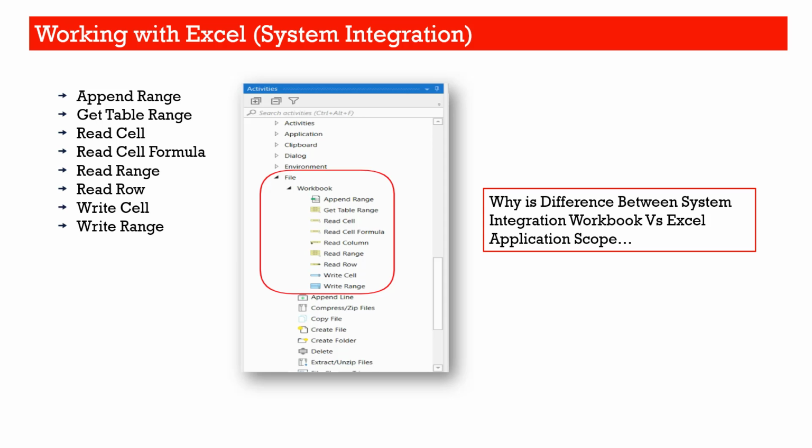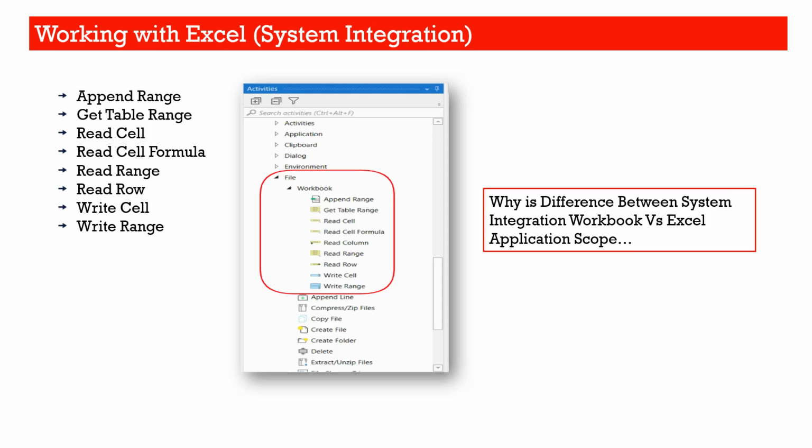Any RPA tool works in a way that it leverages the DLL provided by Microsoft. At the core of all these activities, there is C# or .NET code, which is interacting with DLL files provided by Microsoft.